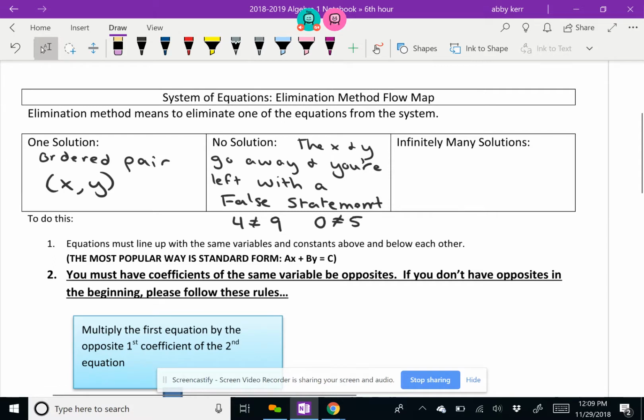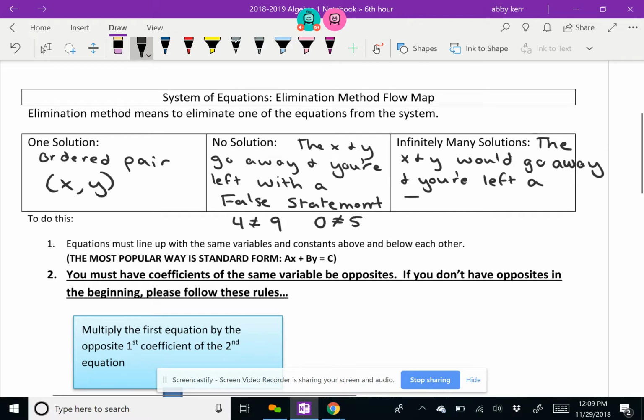So the opposite of false statement would be a true statement, and that's what would happen if you have infinitely many solutions. So the x and y would go away, and you are left with a true statement. Now, a true statement would look like 0 equals 0, or -4 equals -4, as long as the same number